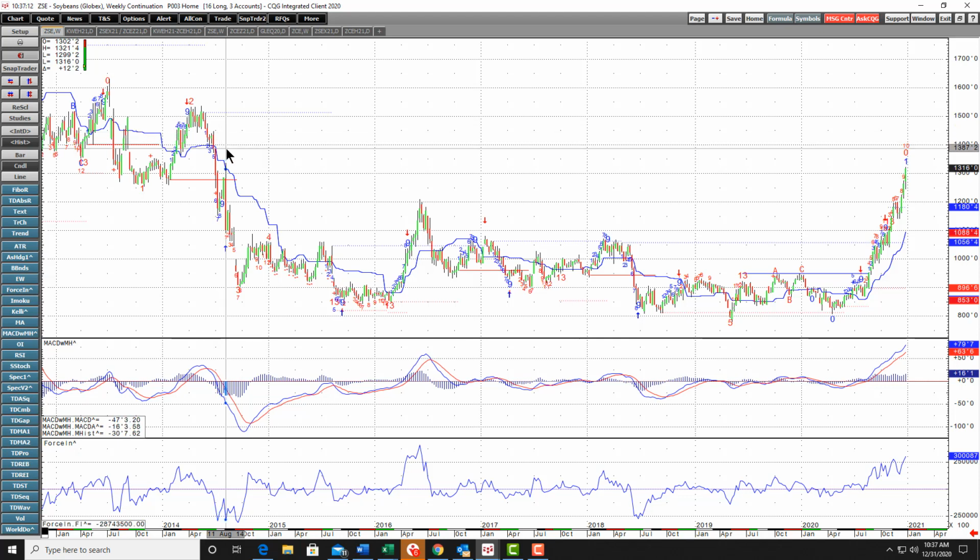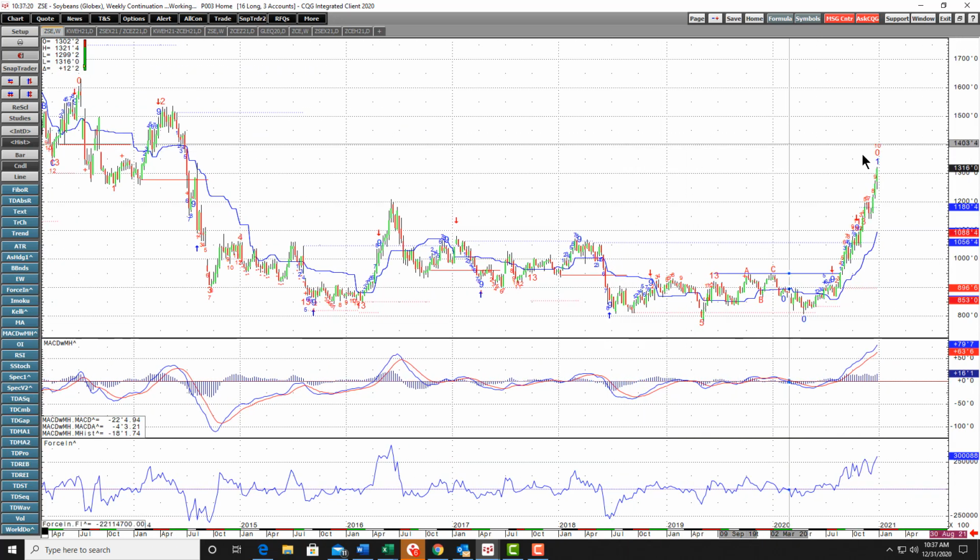So I think you've got to just look higher on beans until something changes. And what will that be? Well, I guess if China decides they don't like us and all of a sudden they don't need beans, or all of a sudden South America has an above average crop and we need to revalue everything, I guess that can happen too. But remember, underpinning just the grain fundamentals, and this is what I think most people in